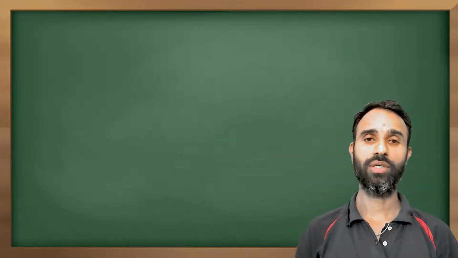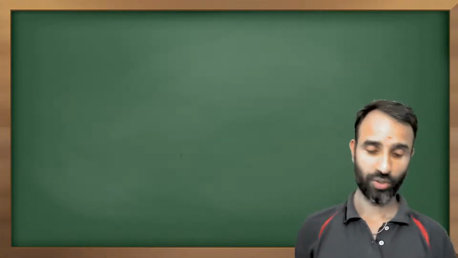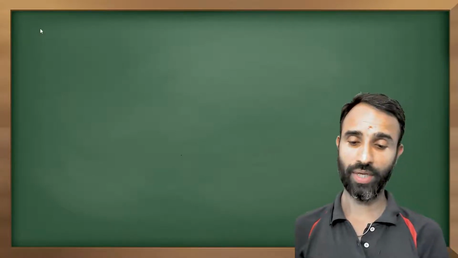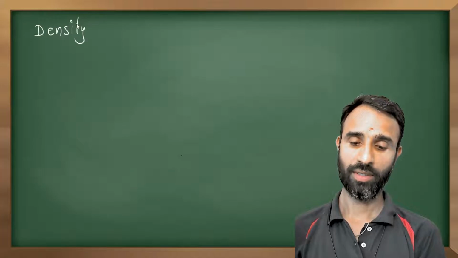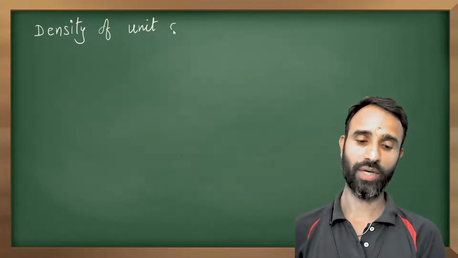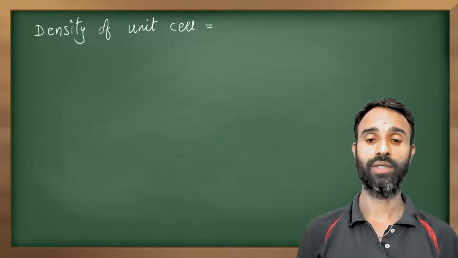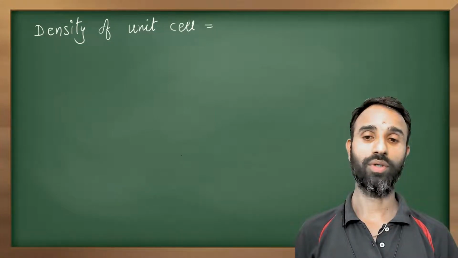So let's calculate density of unit cell. Means to calculate density of a solid, we have to calculate density of unit cell. Now what is density of unit cell? So density of unit cell is,